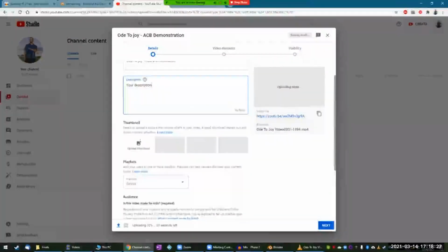Once the video is uploaded, you can select a thumbnail, or you can upload your own picture. So again, leaning on your band members that have those skills to make some nice graphics, or just select one of the select frames that it gives you to choose from to be your thumbnail. That's what people will see when it shows up in the sidebar or when they search for it.